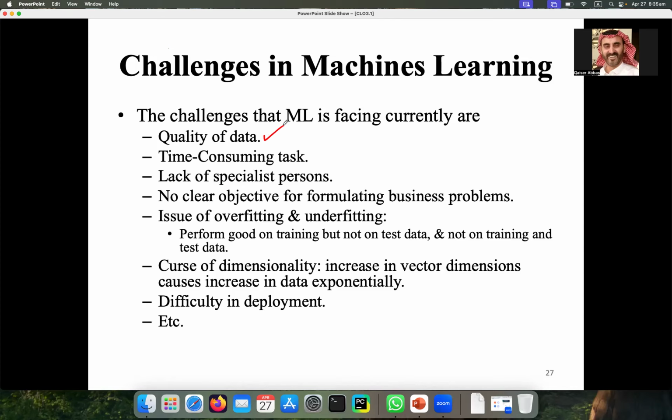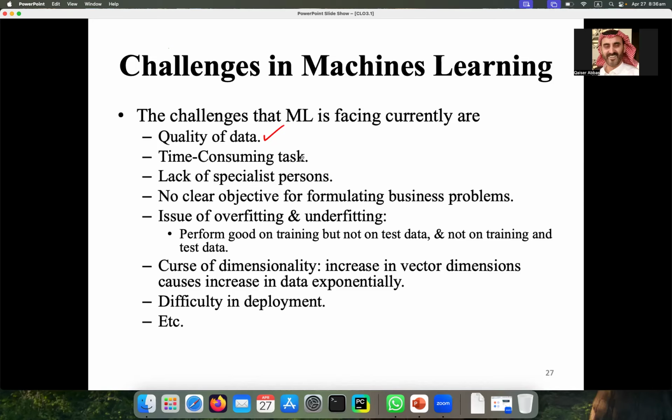If we talk only on this topic, quality of data, you will see different things: how the data is not having the quality, and how we can say that this data has the quality. That is a separate topic on which we can discuss later. But up to that point, you only have to know at present that if your data does not have the quality, then you will not get good results.